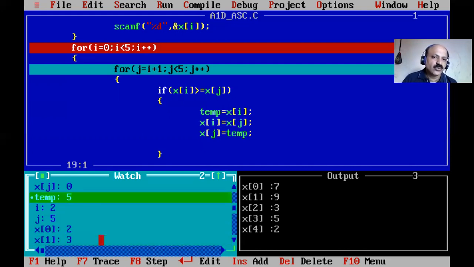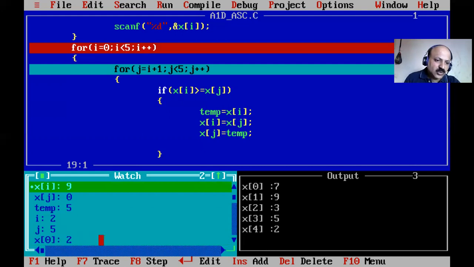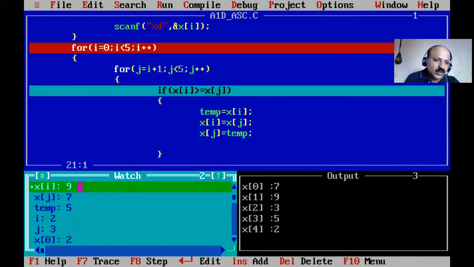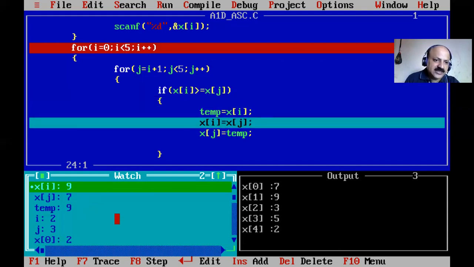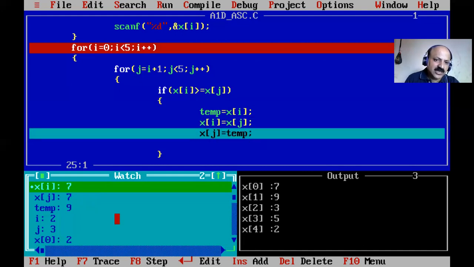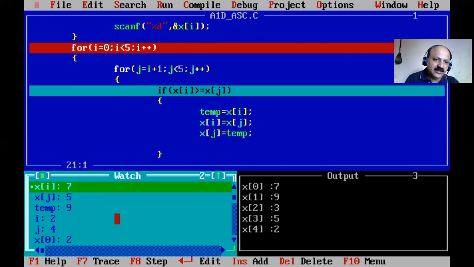Yes. So now again i++, so i is 2 and that element is now what? Yes, here is a 9, and then I press F7, so 7. So 9 is greater than 7. Yes, that condition is true, and swap: temp is assigned 9. Yes, and then x of j, 7, is assigned to x of i. Yes, 7, both are 7, and temp is assigned to x of j, 9. So that is an interchange. Here i is 2 and j++, so only 2 times. Yes, that is the last time the loop repeats.